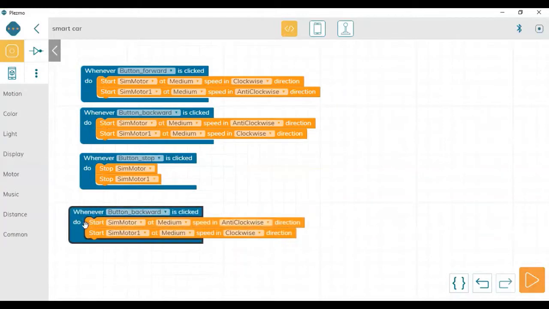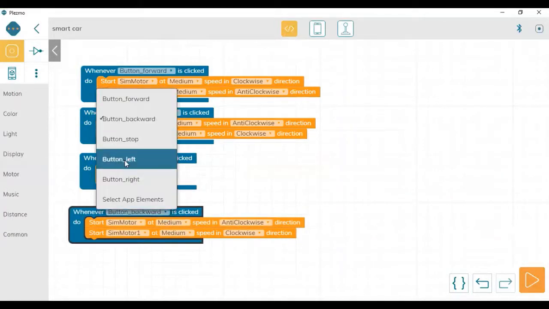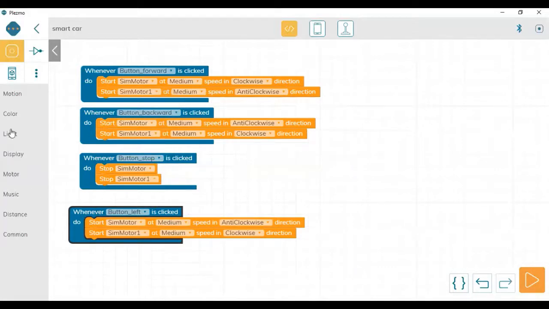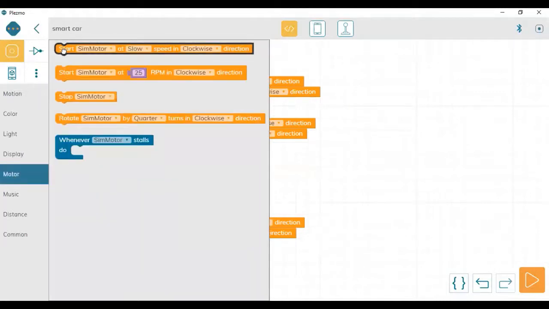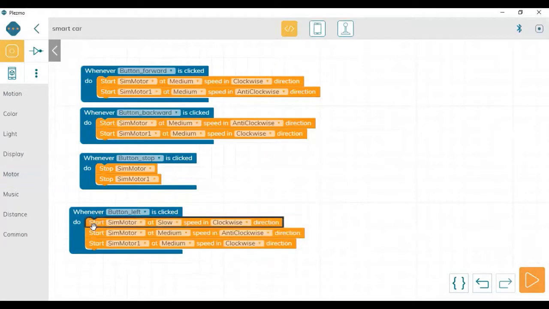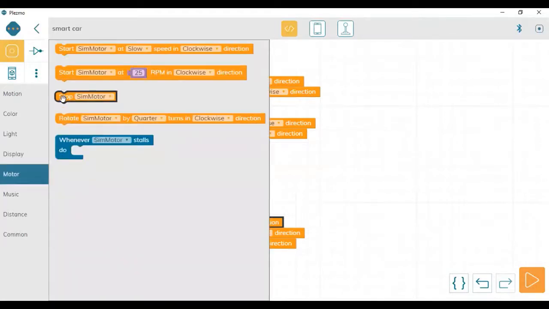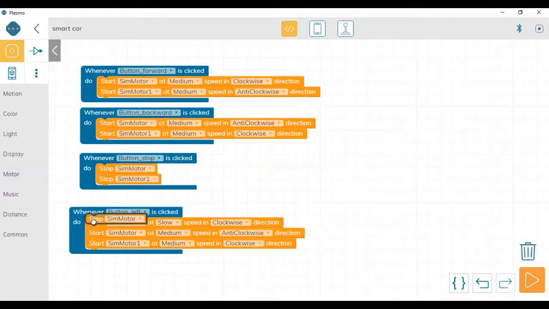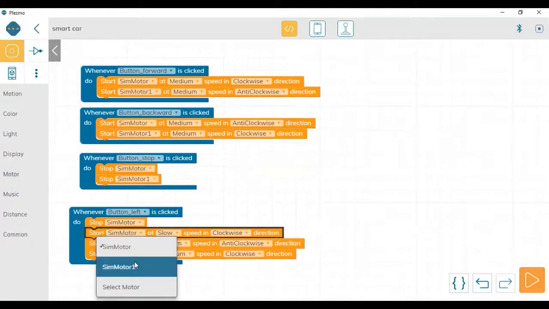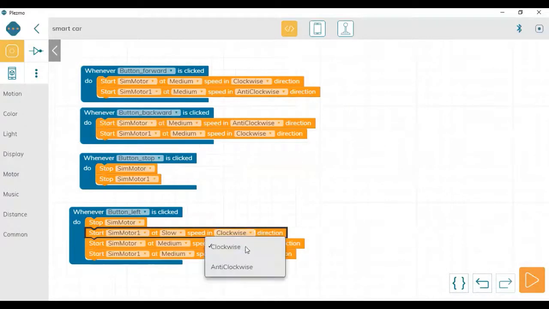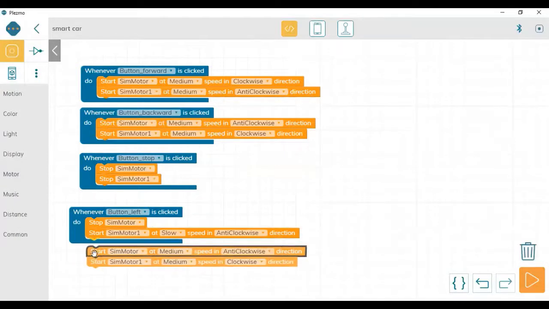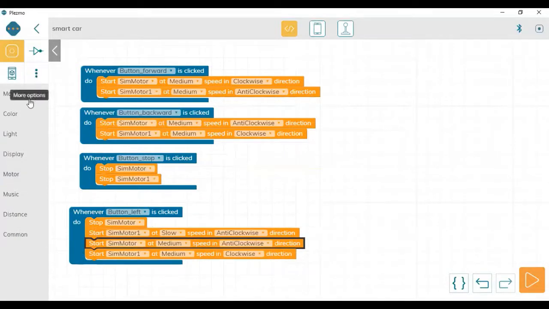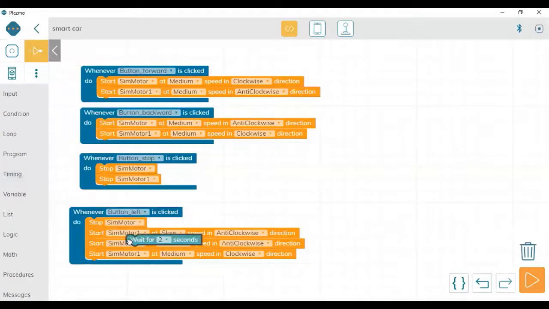For the left turn and right turn, what we will do is left turn. Again, I will go to motor. So motor 1 will stop and motor 2 will work. So here it is motor 1. And here again we have to give the timing. Timing, where is that? In the expand controls category. We will wait for 2 seconds.